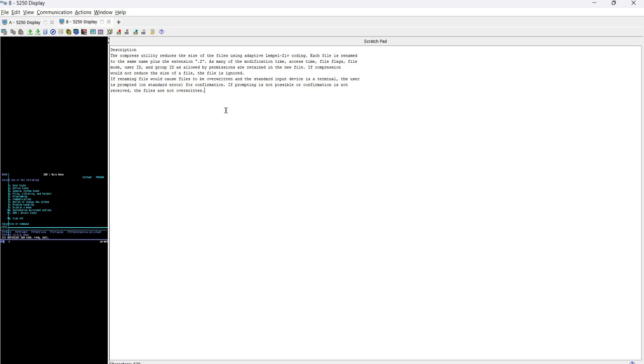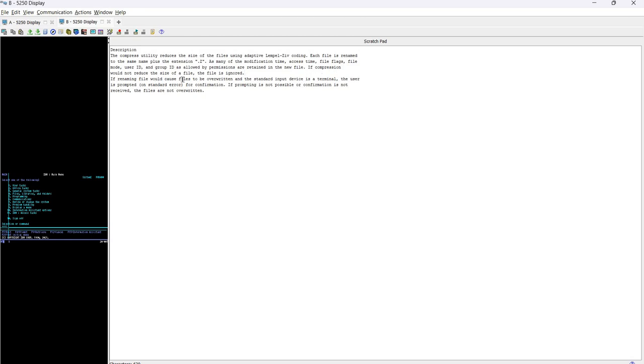As many of the modification time, access time, file flags, file mode, user ID and group ID as allowed by permission are retained in the new file. So what all information is retained? These all, which include modification time, access time, file flags, file mode, user ID and group ID as allowed by the permission, are retained in the new file.